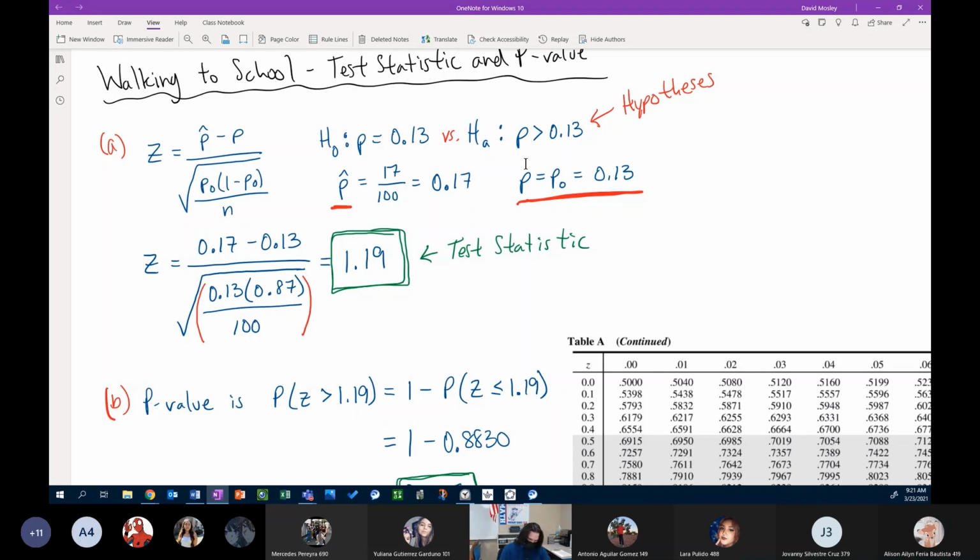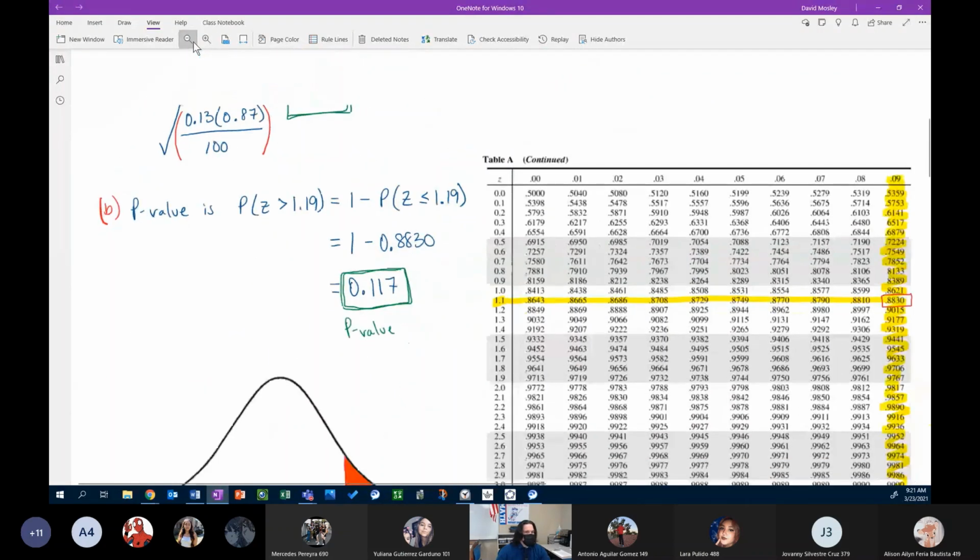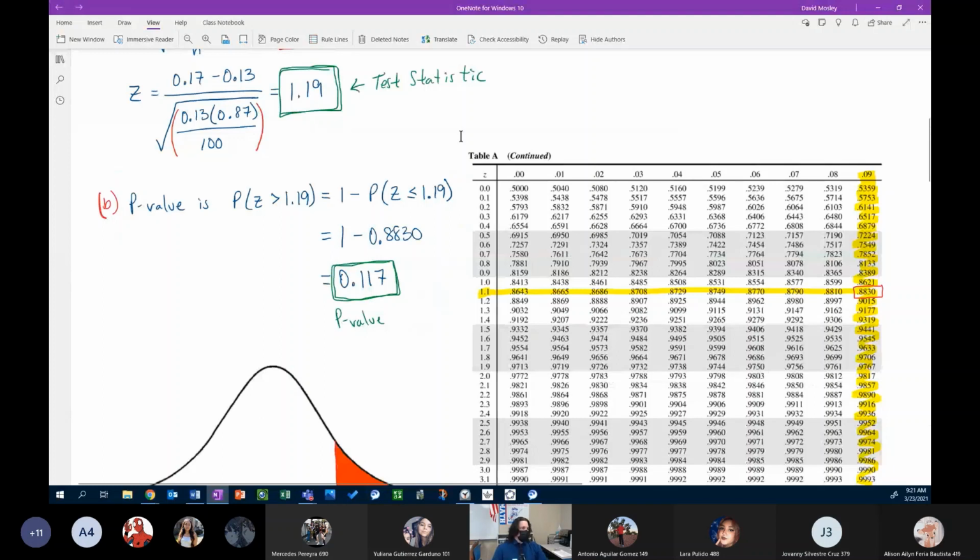Part B, which we'll zoom out just a touch here, is now finding the p-value. Our alternative was that we're greater than 0.13. And so we apply that to our Z statistic. What's the probability of Z being greater than 1.19? Well, again, table A doesn't give us greater than proportions, it only gives us less than proportions. So we convert that using, I